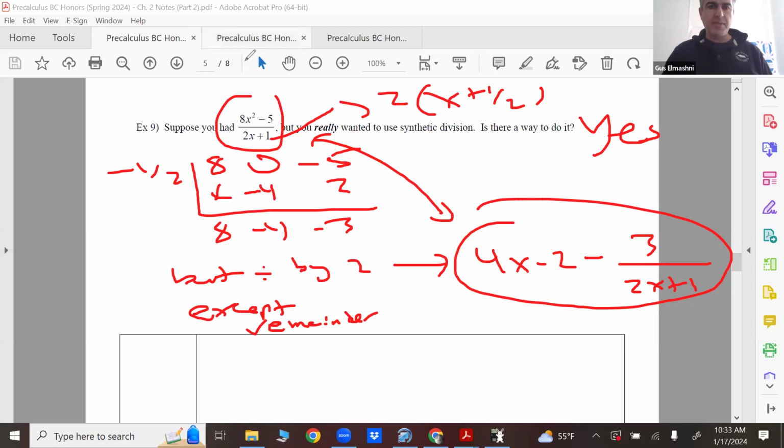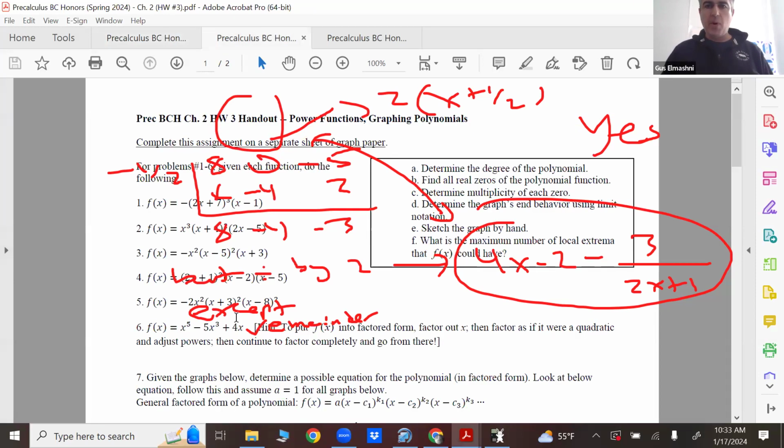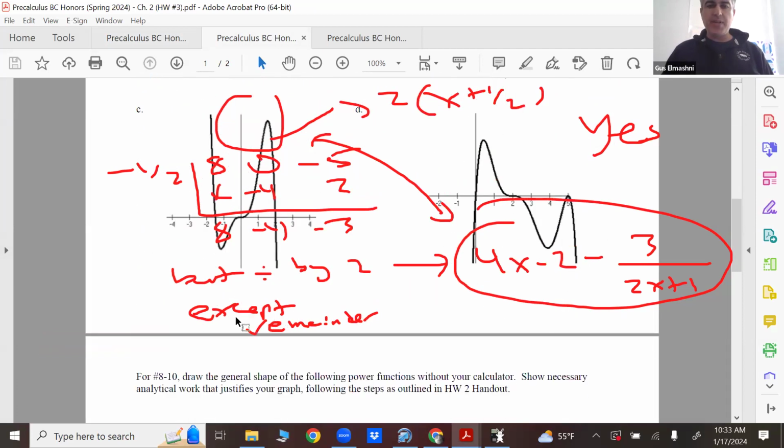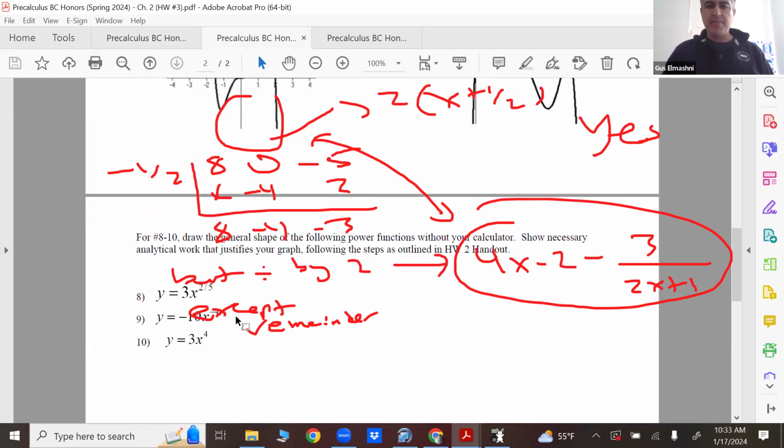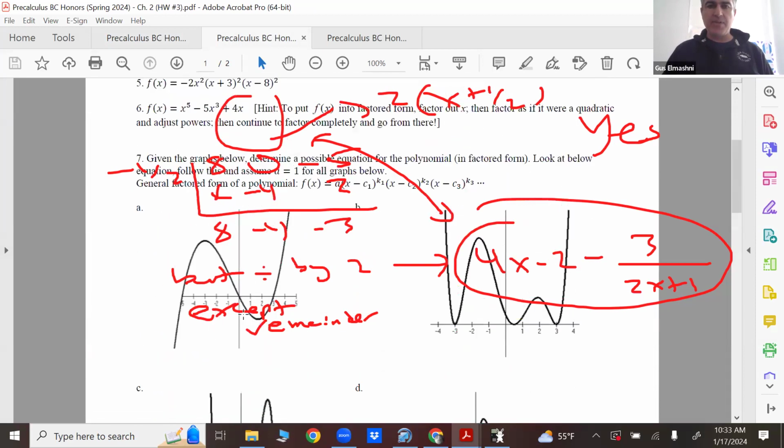Homework is just this. It's going to be the homework 3 handout, which is in your homework packets. You have 1 through 6, 7, 8, 9, 10. 8, 9, 10 is review of power functions. 7 is just more